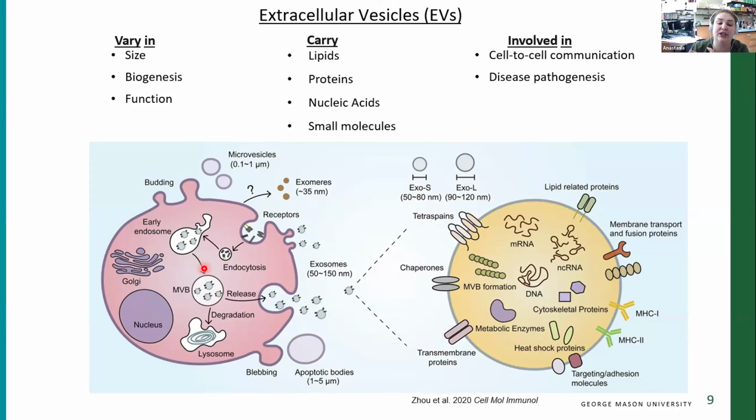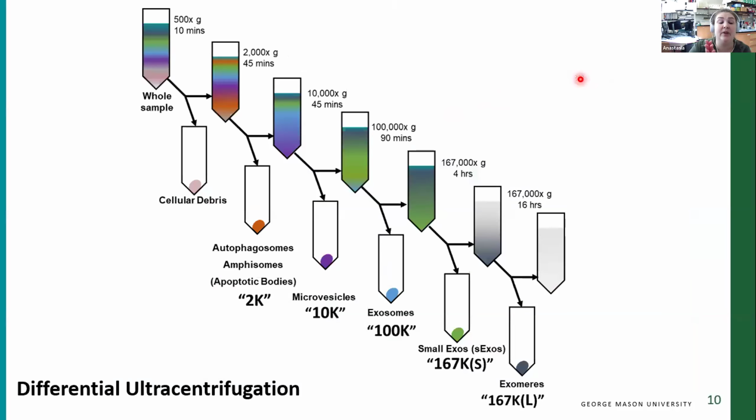But in the case of infection, as with HIV, a viral infection, EVs also carry pieces of either proteins, mRNAs, or long non-coding RNAs from the infected cells to neighboring and distant cells, which can contribute to disease pathogenesis. So we wanted to take a look at the EVs that were being released by our HIV-1 infected cells and compare them to the treatments that they were receiving with either the CBD or the HU308.